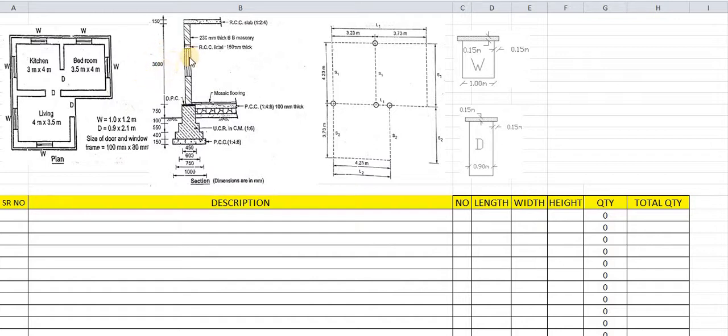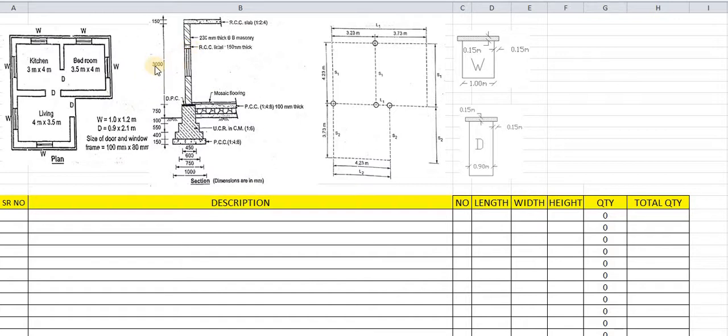Most important, here there will be openings in the brickwork, as you have already seen in practical construction works. In the brickwork we provide openings for the doors and windows. So these are the window openings to be provided in the brickwork. Here there are 1, 2, 3, 4, 5 and 6 windows, and 3 doors. So this space is to be left for door and window openings. This quantity is to be deducted from the total quantity of brickwork. So 6 windows and 3 doors are to be deducted from the total quantity. First we will find out the total quantity of brickwork in case of 3 meters height.